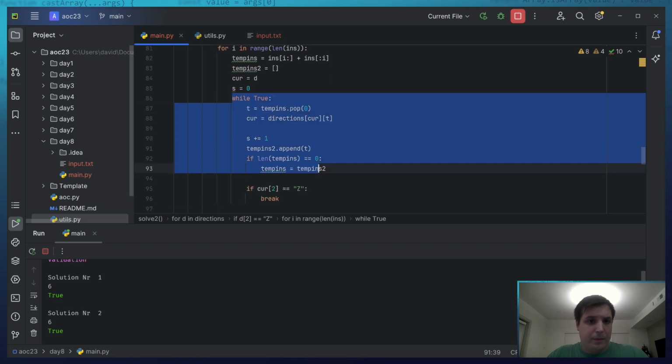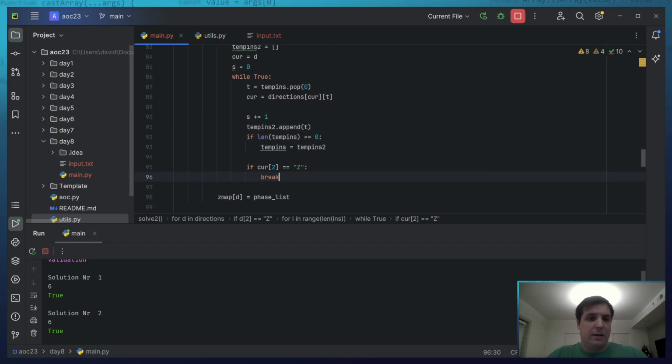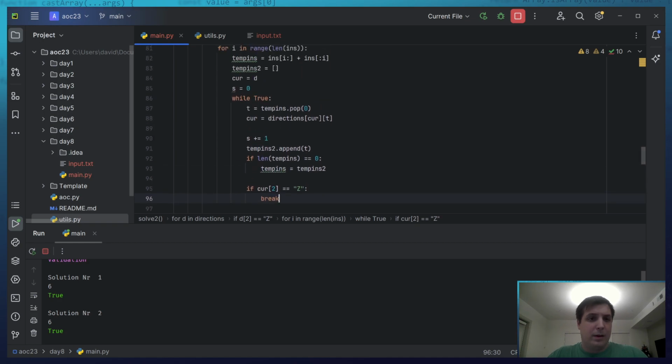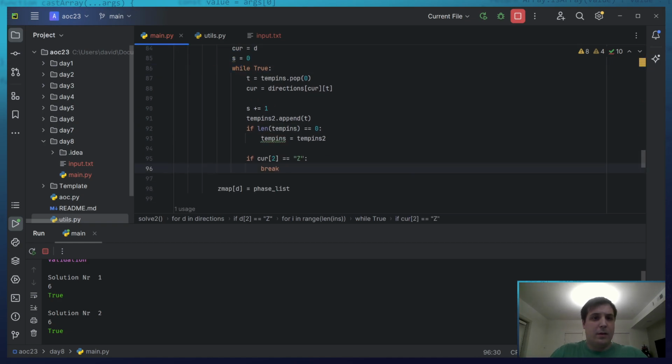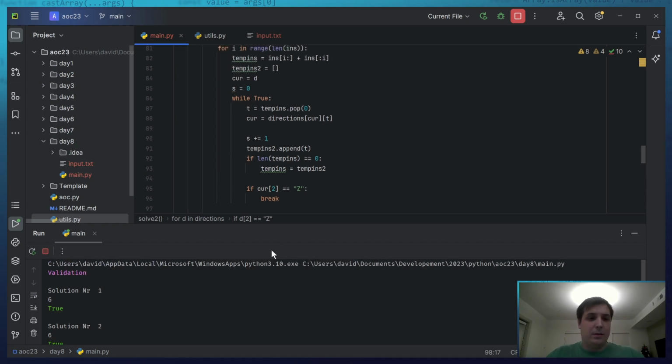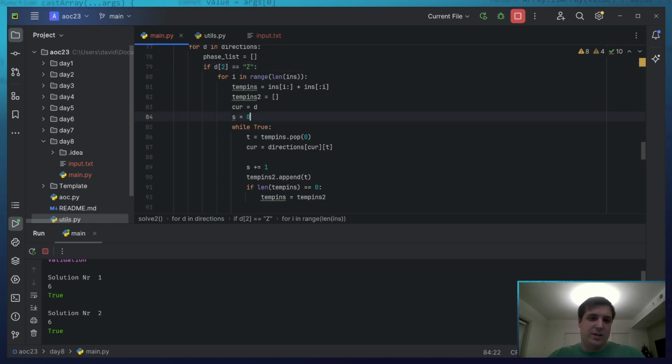Okay. And then we check if current 2 equals Z, then break. Now for this phase, we have the count, which needs to be right here.